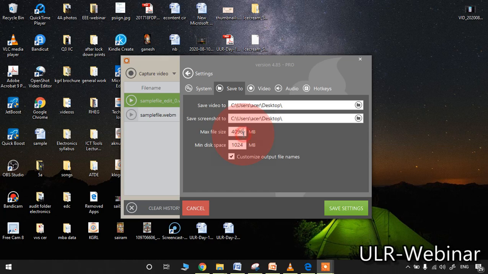If you want to record for more than 45 to 60 minutes, it is always better to increase this value to something like 8000, which is nearly 8 GB. 1024 MB is approximately 1 GB. So if you mention around 8000 MB, there is no problem.